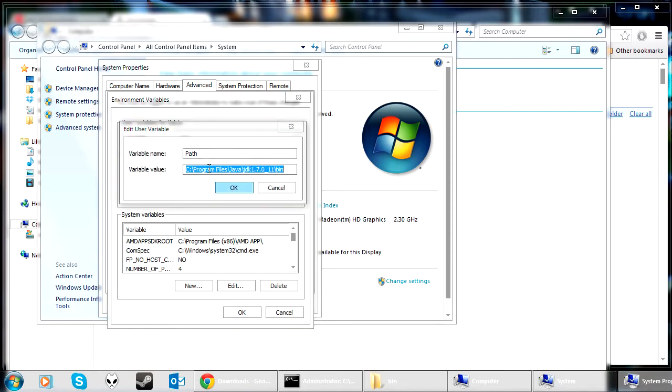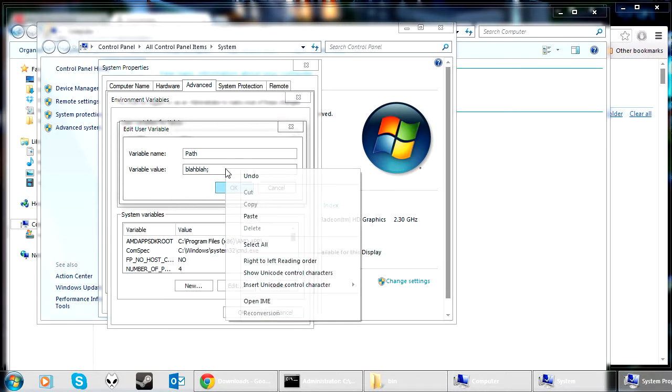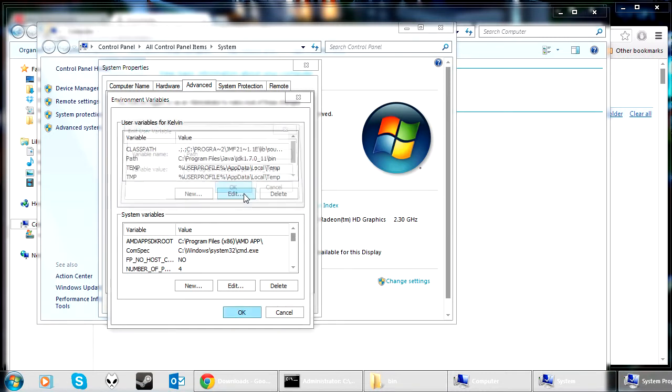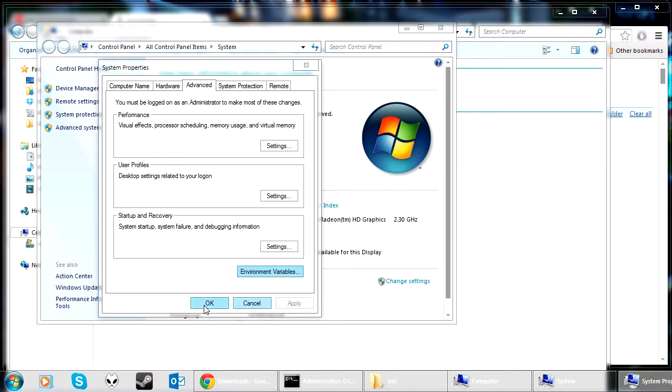So let's say you had something here before, blah blah blah, whatever. All you have to do is put a semicolon, and then space, and then paste, and then you press OK. So right now I'm just going to do it as what we had before. So I'm going to press OK, press OK, press OK,